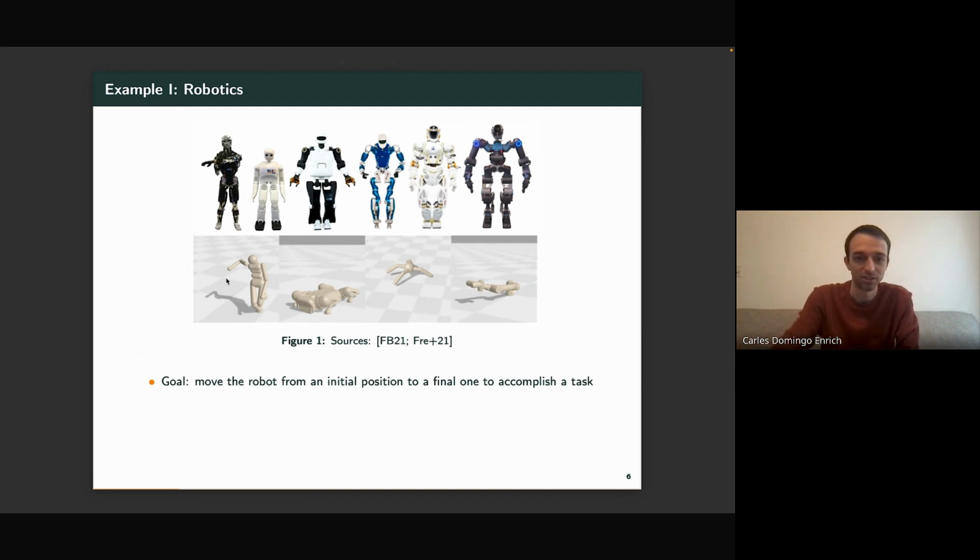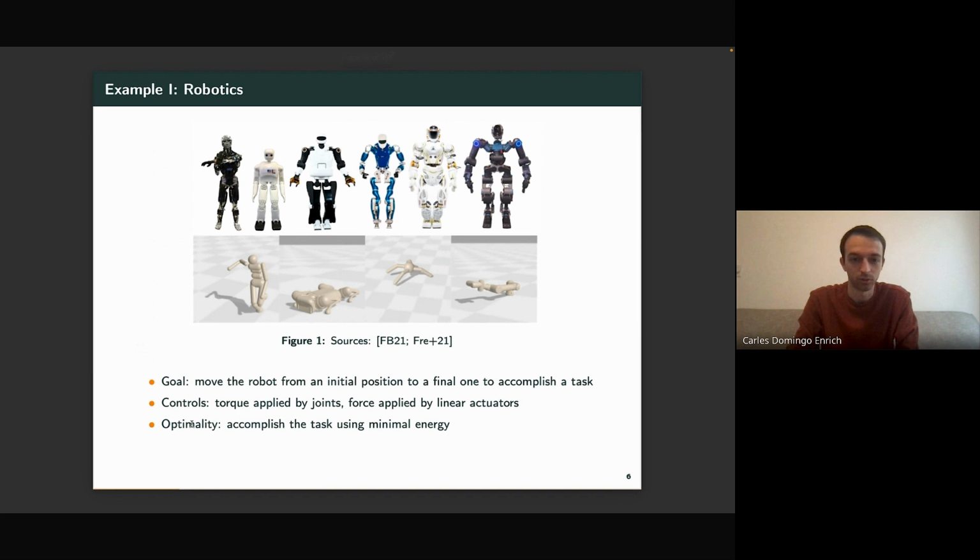But I feel like this is easy to understand what the problem is about. So say you have the goal of moving the robot from an initial position to a final one in order to accomplish a task. The controls that you have would be like torque applied on joints or force applied by linear actuators. And optimality would be you want to accomplish the task using minimal energy while enforcing the constraints that you have